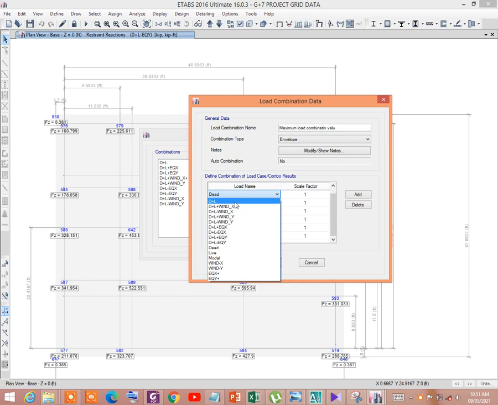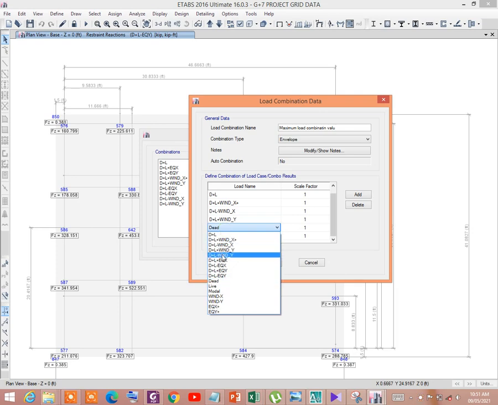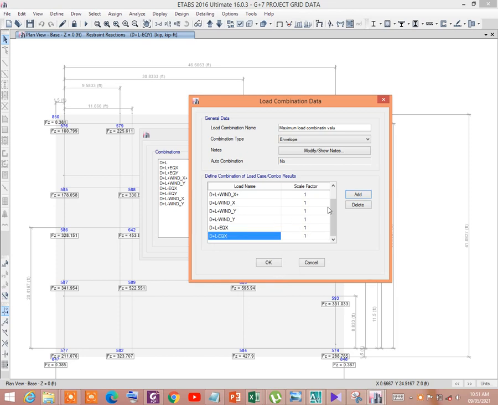Select D plus L, give factor 1, then D plus L plus wind, then D plus QX.